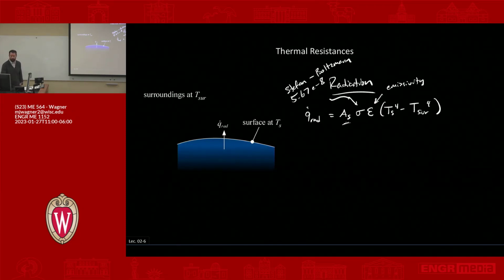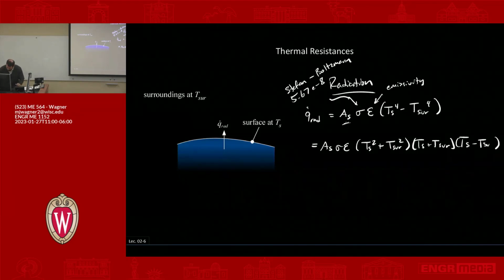So we need to figure out how to get this to actually look like a resistance formula, because T to the fourth is not it. So it turns out we can factor out the T to the fourth, and that becomes equivalently written as AS sigma epsilon times (Ts squared plus T surroundings squared) times (Ts plus T surroundings) times (Ts minus T surroundings). Okay, so this looks a little bit better,